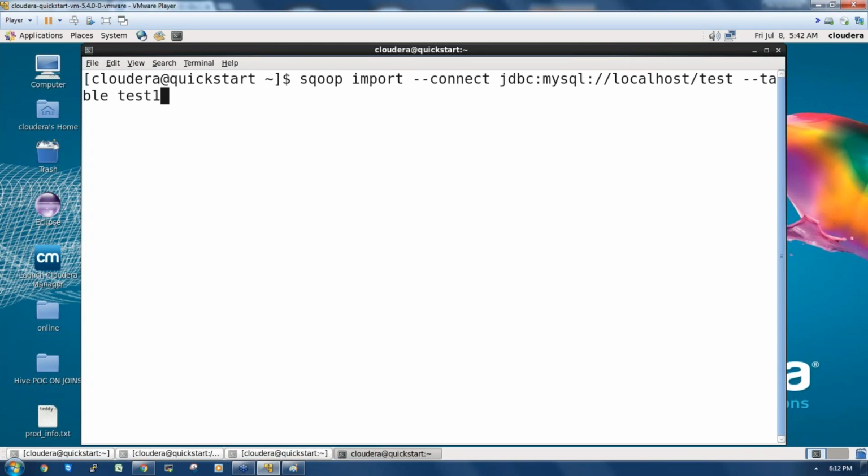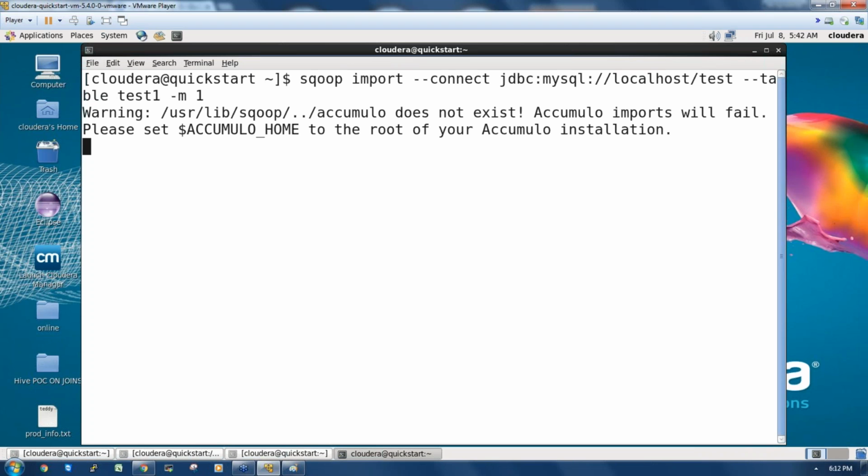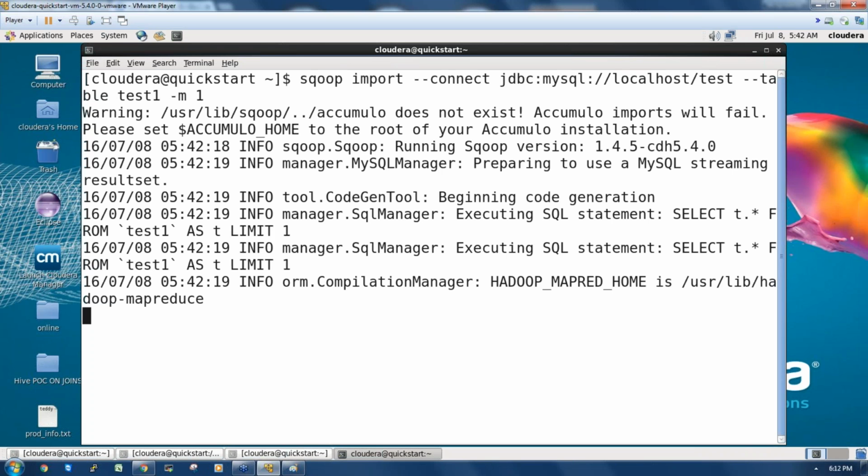Okay, so I'm writing a sqoop import and I'm trying to import the data from the MySQL database test where I have a table test1, right? So I run this command, press enter. Now we'll get the data to the Hadoop cluster from the production database.